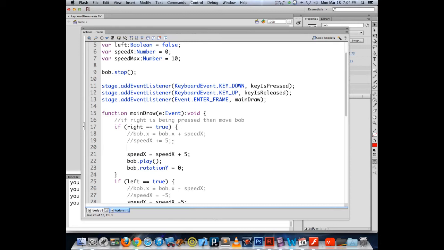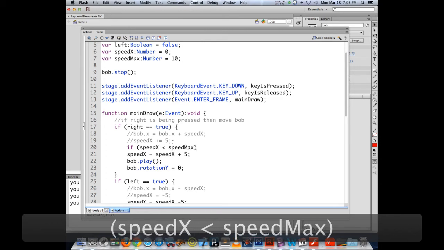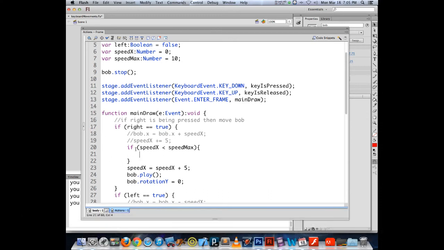Now there isn't a built-in constraint where we could say, hey, I want this to be no more than a specific amount. So we're going to have to check that. So we say if speed x is less than speed max, I forget my spaces. So if my speed x is less than my maximum speed,